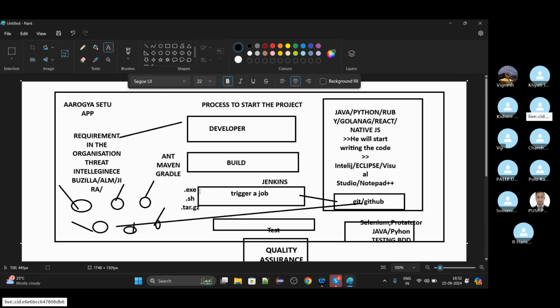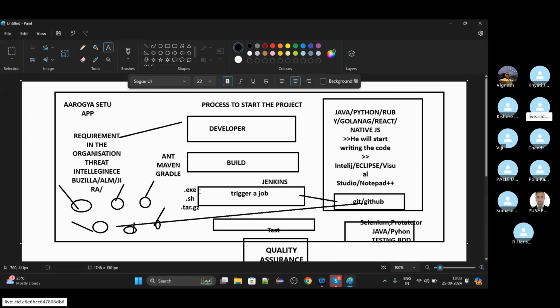But manual testing does not mean that it is limited to only UI. It can be UI, it can be API, it can be database. It depends on what level of testing you are doing and how deep you are doing it. On that basis only, you are going to validate this particular component. Clear on this part? Now let's understand the whole process.